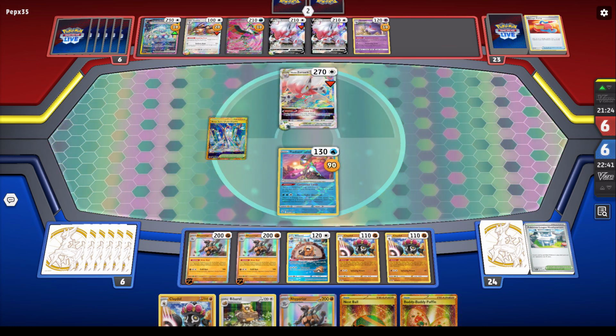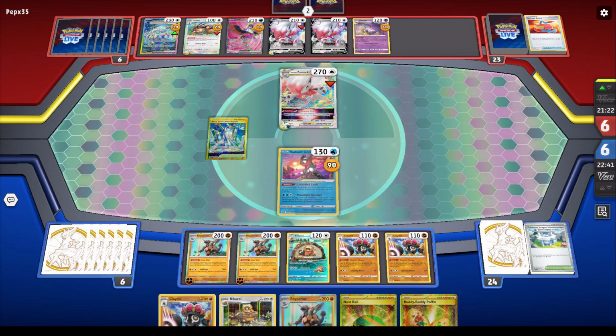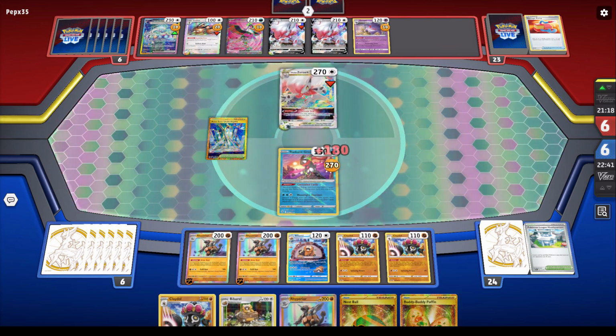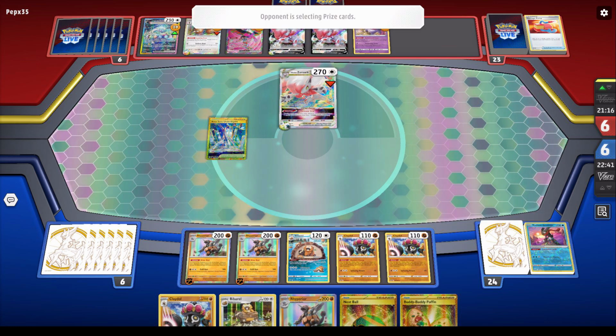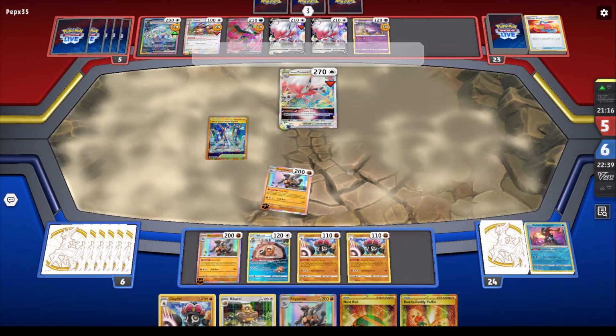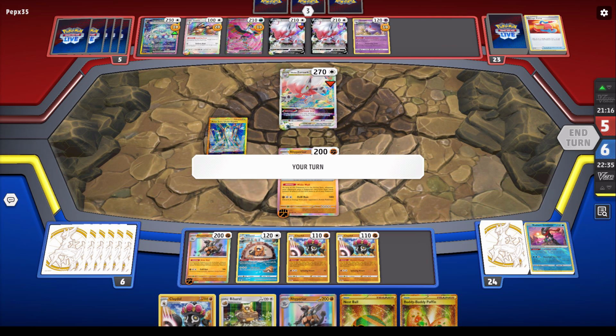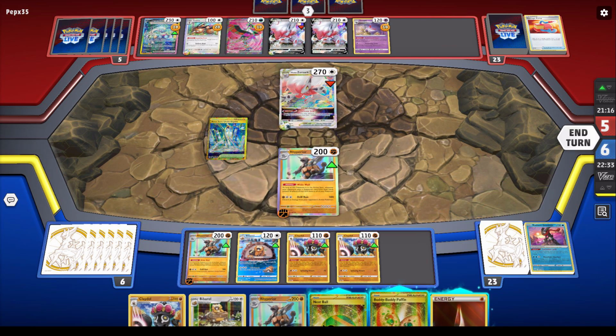I did attempt to get rid of his stadium, but I knew that he was just gonna get it back. So 180, I mean, crazily enough, he did hit the Greninja, but he couldn't kill it. He just did 90. So I had an extra turn, even though I couldn't really do much. So right now,